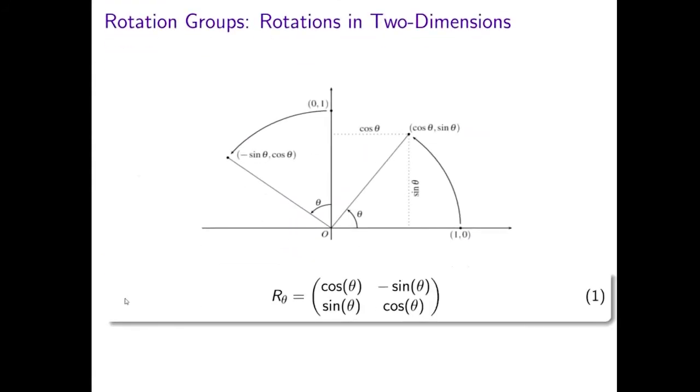Right. So let's look at an example of groups, and let's think of rotations. And this is a 2D plane, or to put it in technical terms, R2, just the Euclidean plane. And if we're doing a rotation, this is a clockwise rotation. Okay, so let's get to anti-clockwise later, but let's just look at this for a second. What this means is if I have a vector x, and if I want to rotate it by an angle theta, all I need to do is multiply it by R theta, and I will get my rotated vector. And what do I mean by